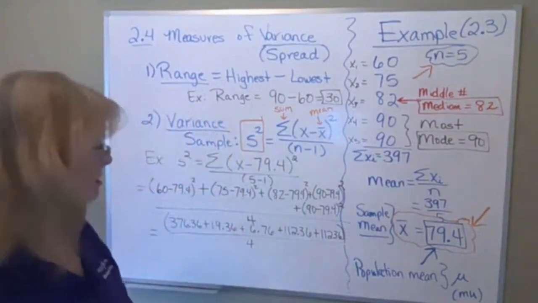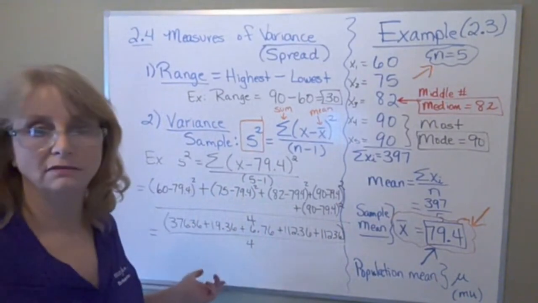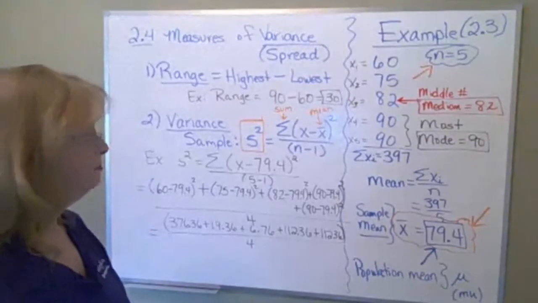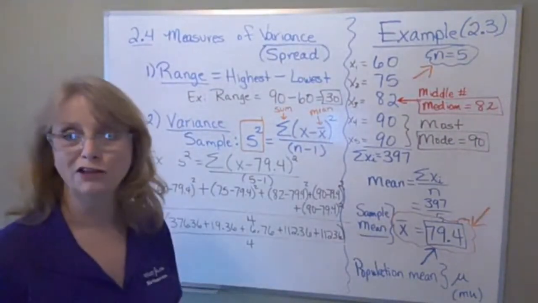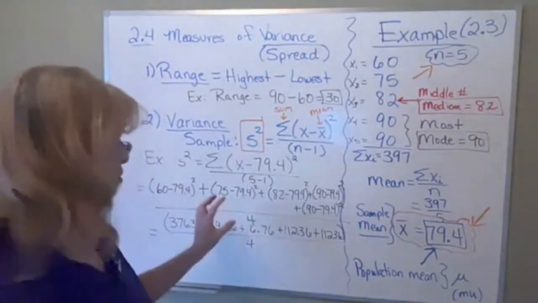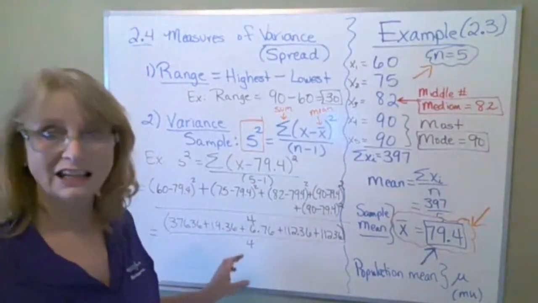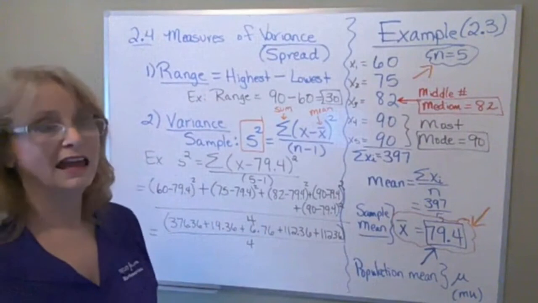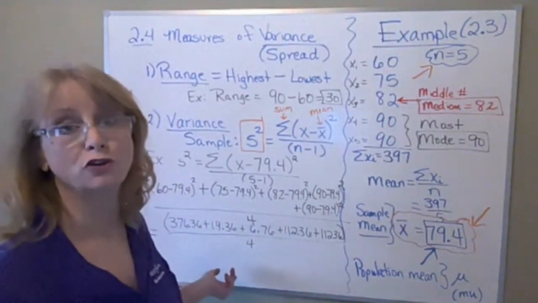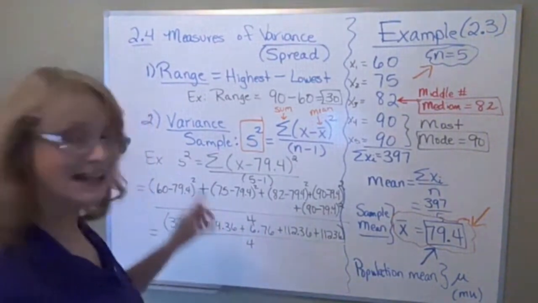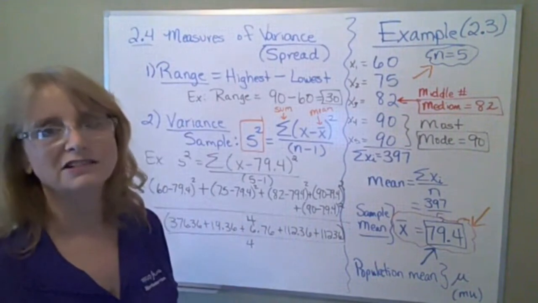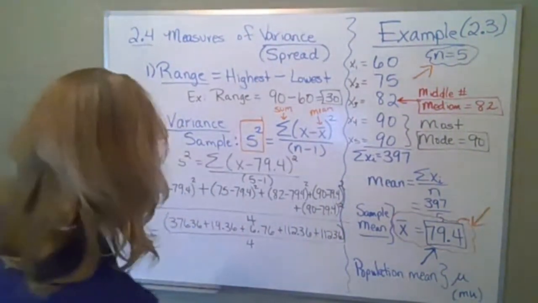Now, let me repeat. This is a complicated computation. I totally agree with that. It's an important computation, but this is one of the harder things we do in the whole semester. So guys, if you can take your time and do this like I'm showing you, you can get it right on the homework and hopefully on the test, and I'm going to have you show your work on the test on this one so I can give you partial credit. If you can get past variance, you're more or less home free. Everything else is going to seem pretty easy.